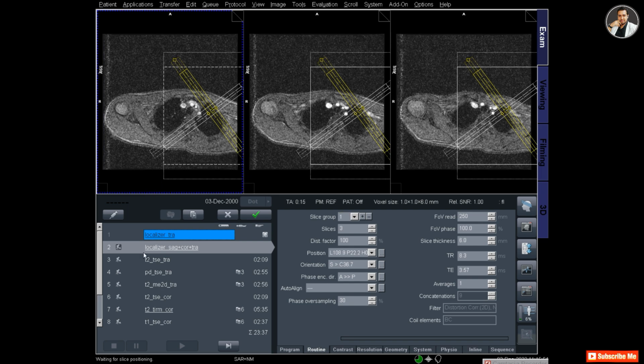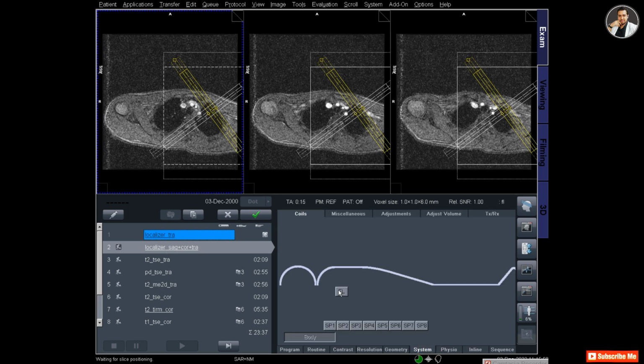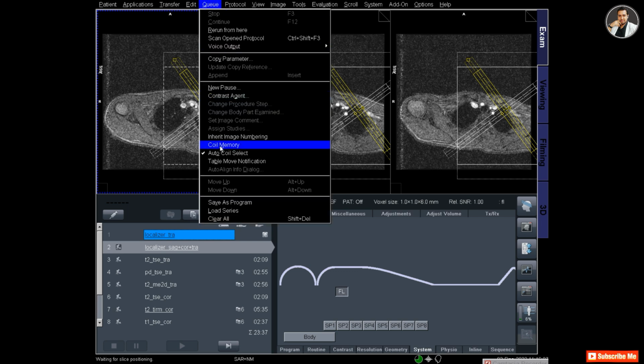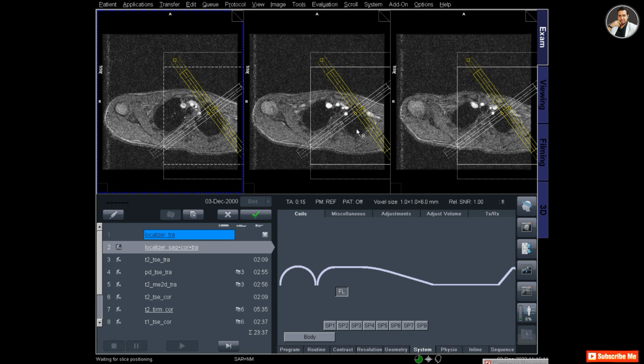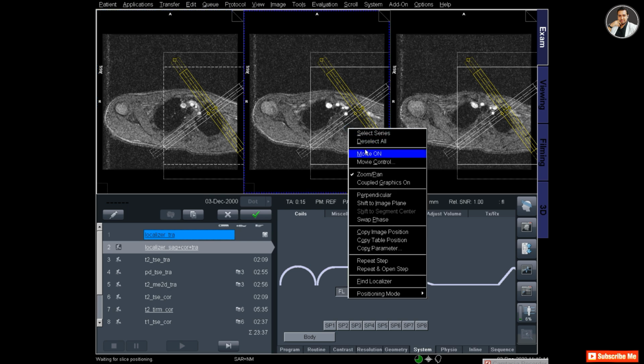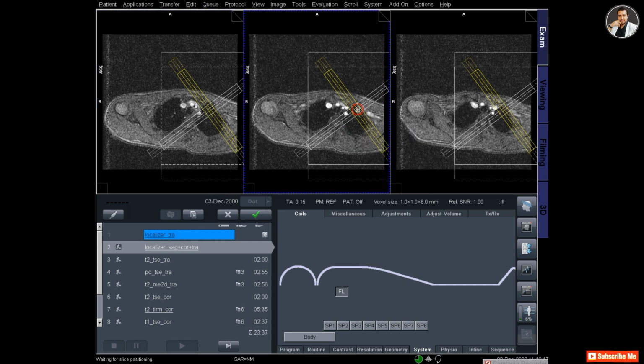It automatically scanned with the table coil. So for the second localizer I have to select the flexible large from the system. So I am selecting flexible large, and from the QE I am selecting coil memory so that the software can memorize this coil for the rest of the protocols.